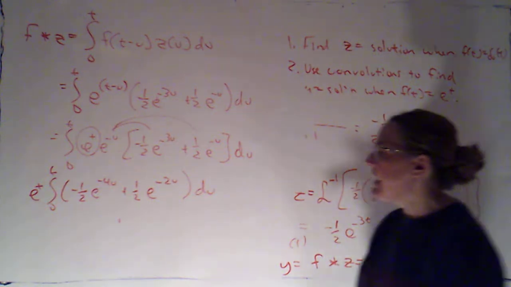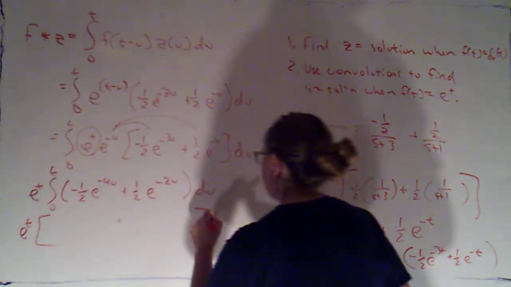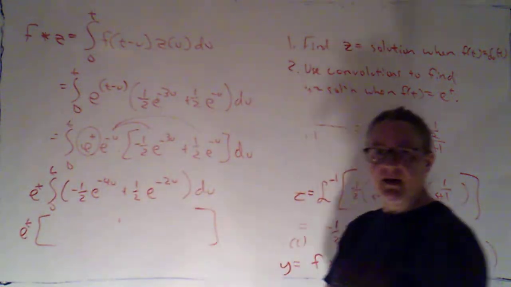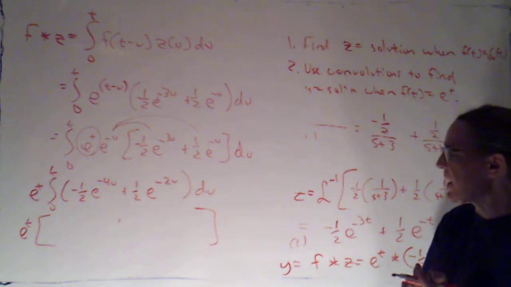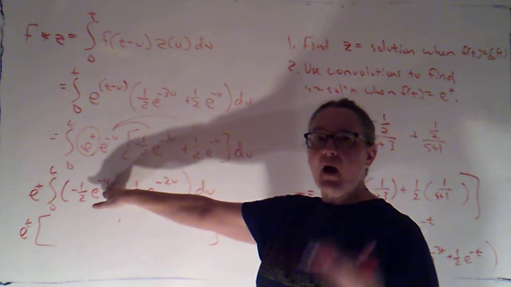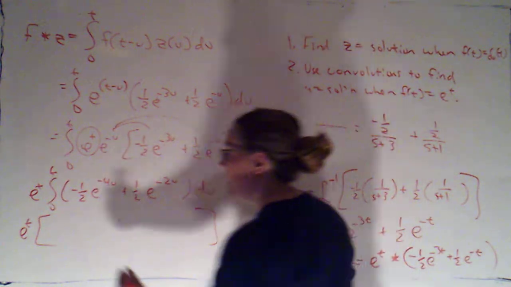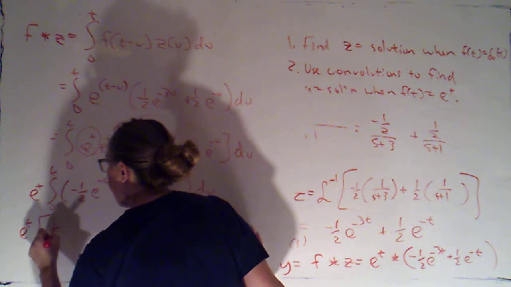Excellent. All right, so we have e to the t times. Now each of these is a very quick substitution that I'm not going to bother to write out, but basically if here my w was negative 4u, I'm going to need to introduce an extra factor of negative 1/4. So that's going to make this 1/8